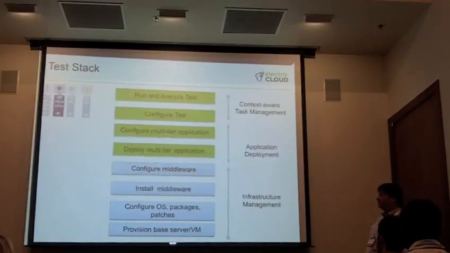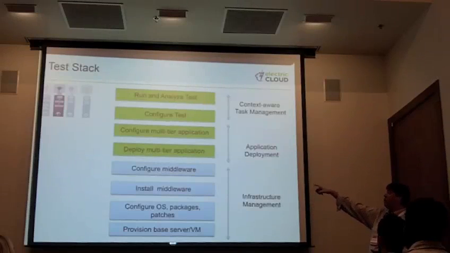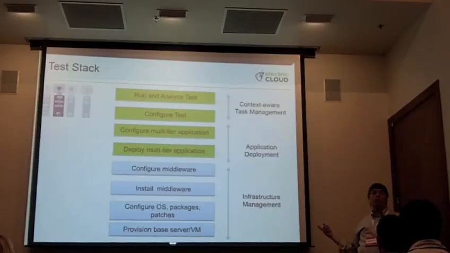The test stack, again, the infrastructure part looks a little bit the same, but we get a lot more. We're probably going to have some sort of middleware, or some app servers, or something that the test team, or the QA team, or the release team, or the integration team, or whatever the name of the team is, use and rely on to be available to them, kind of separate from whatever the app is that we're testing. Then we've got to deploy this multi-tier beast.